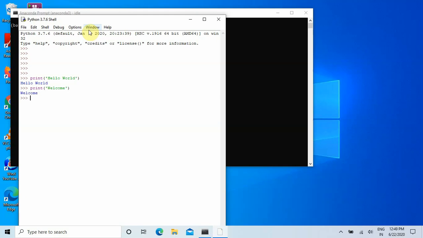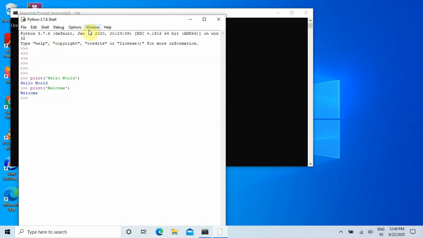So you can see that this Python shell actually runs the code line by line. You will type one line and hit enter. Once you hit enter, it will run the code and go to the next line. If there is an error, then it will give the error within this shell and it will not form the new line unless and until you have corrected the error. So this is the Python shell.